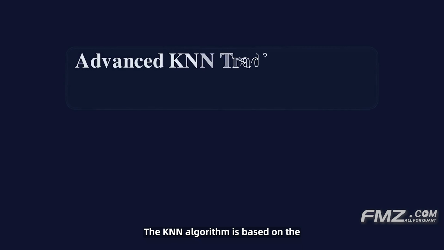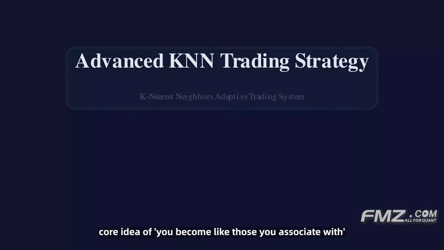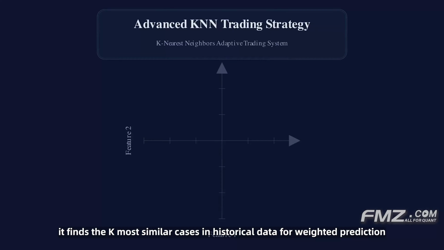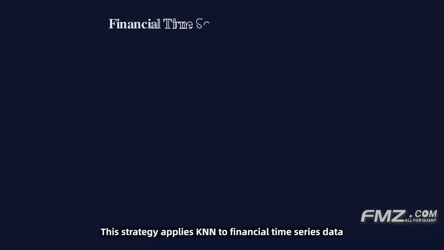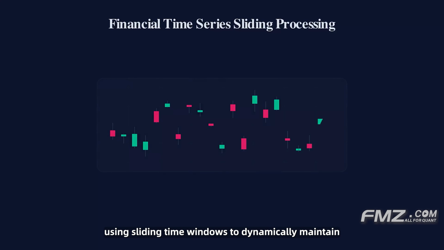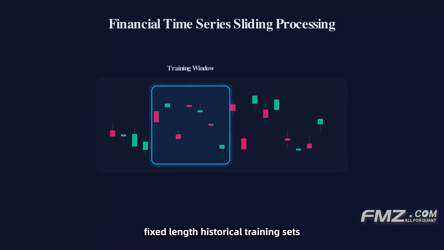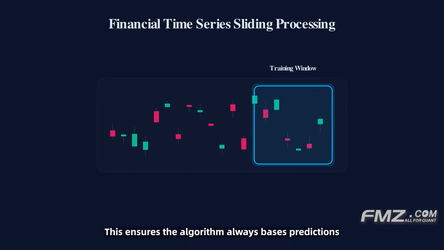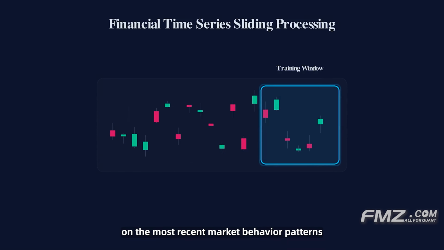The KNN algorithm is based on the core idea of "you become like those you associate with." When predicting new samples, it finds the most similar cases in historical data for weighted prediction. This strategy applies KNN to financial time series data, using sliding time windows to dynamically maintain fixed-length historical training sets. This ensures the algorithm always bases predictions on the most recent market behavior patterns, effectively adapting to market structure changes